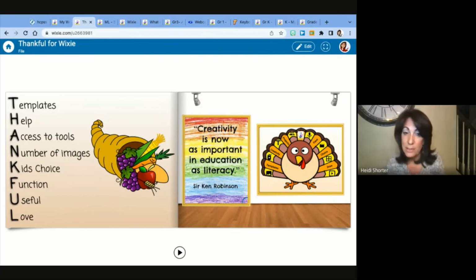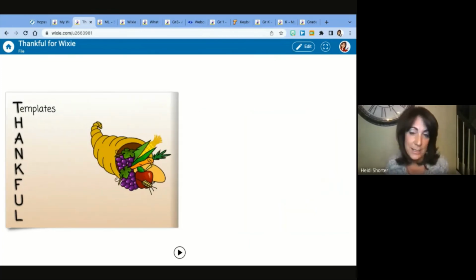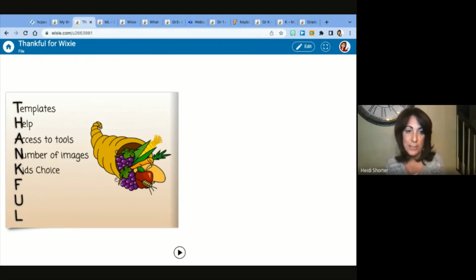And I'll be honest, it's actually really tapping my creativity as an educator as well, because I can play and learn with some of these tools. And so my last page is another Wixie tool that I learned last year. You can save into an animated GIF now. So here's my little acrostic poem as an animated GIF, just highlighting all of the different ways that I love Wixie, and I'm so thankful for Wixie and all that it offers.